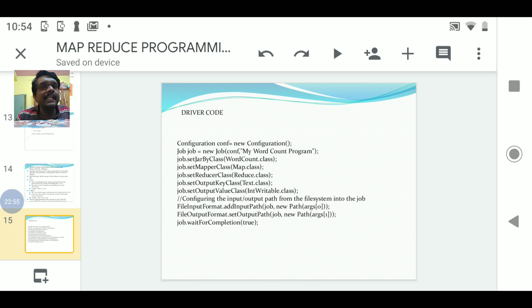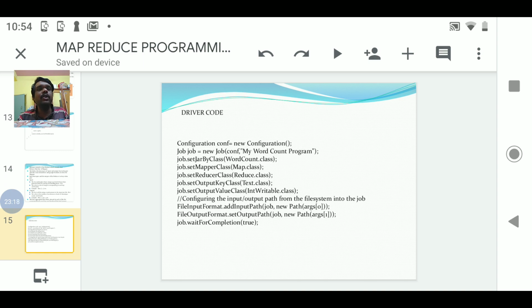So that is the reason we say file input format dot add input path, add input path of job comma new path of args of 0, meaning we are going to specify the file name which is stored in HDFS. So it is stored in the HDFS, that name of the input file.